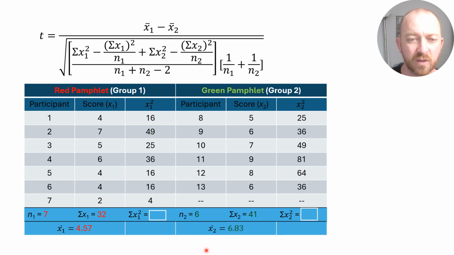We can do the same thing over here for group 2. 41 divided by 6 is 6.83, and it goes on. I've rounded just to do 2 decimal places, which is usually fine. All right,